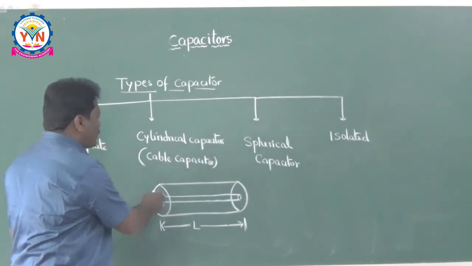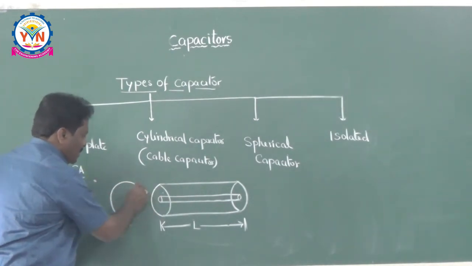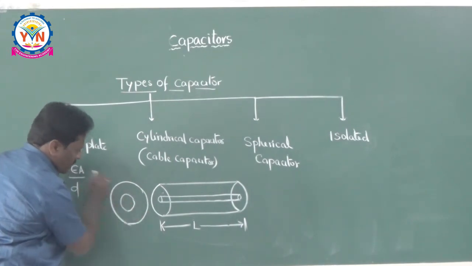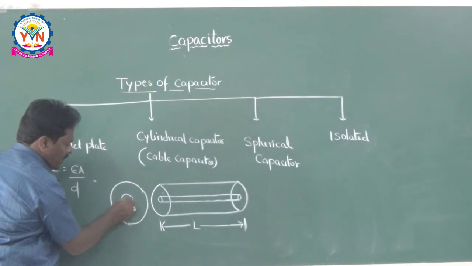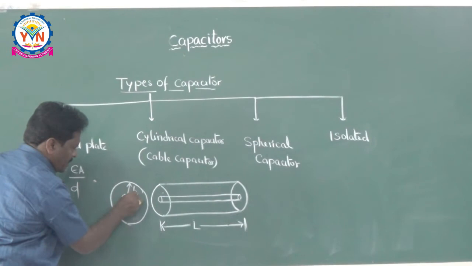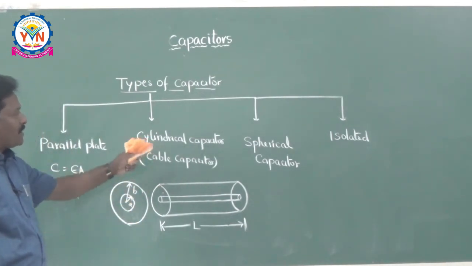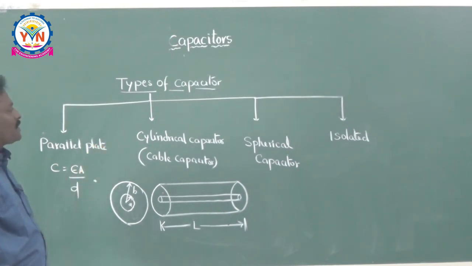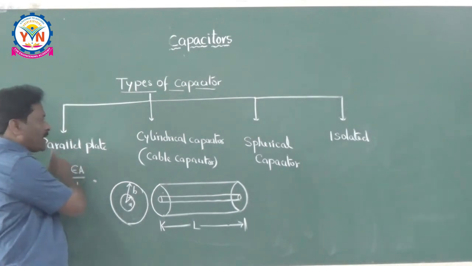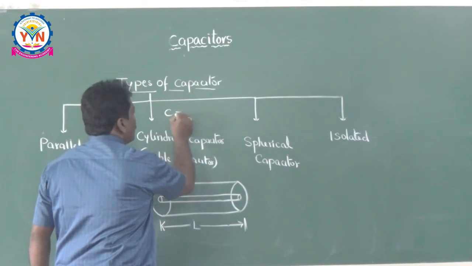And if you take the cross section of this, then the outer is nothing but the outer radius, and the inner will be like this. Let me say the inner radius is A and the outer one is B like this. So for this I would like to calculate what the capacitance is now. So how to calculate the capacitance for this? As usual, just like a parallel plate capacitor, we can use the fundamental formula